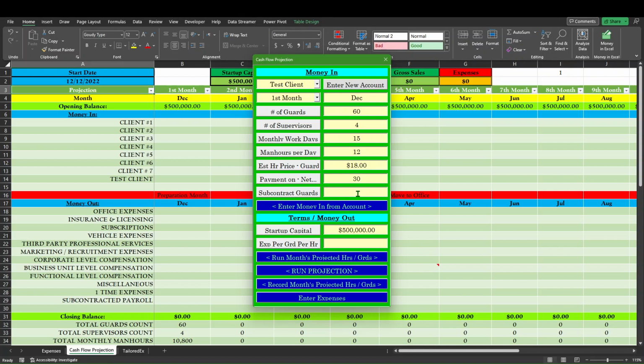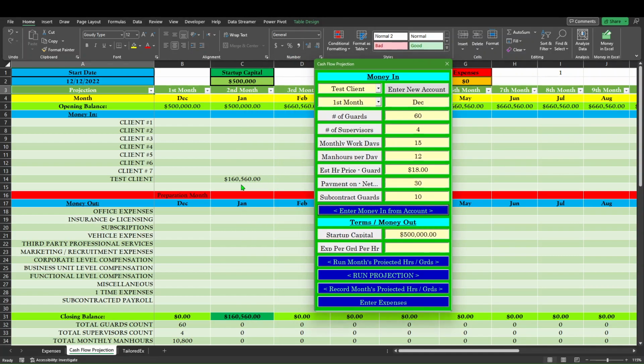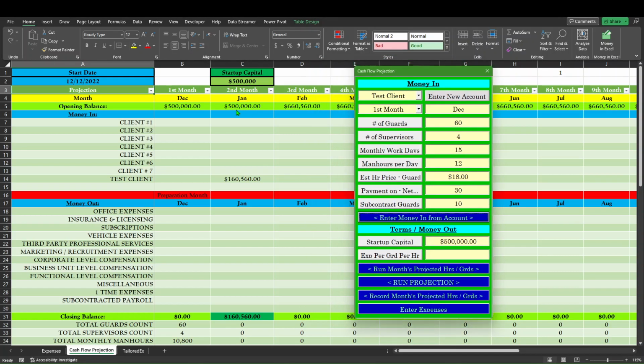And we're going to need reinforcement of another 10 subcontracted guards. Click over here. And let's see how much money we're going to get from that account. We're going to click over here. Now you see that Excel calculated we're going to get $160,000 from that account. And the cash flow started at 500, 500, and now we get 660, 560 in the